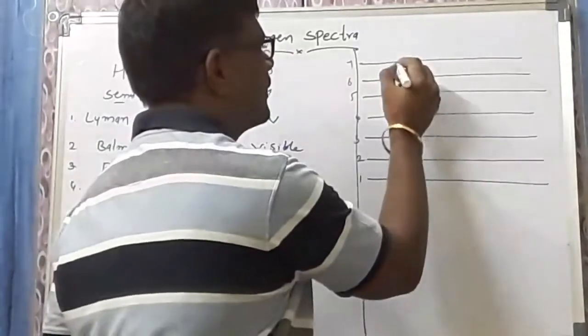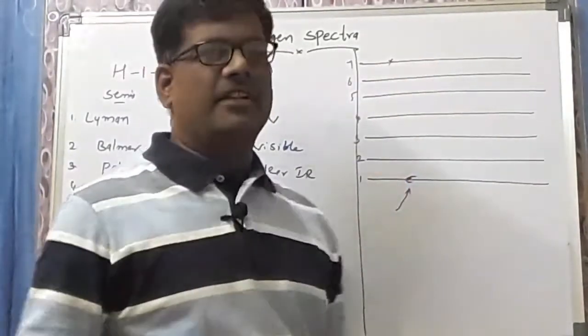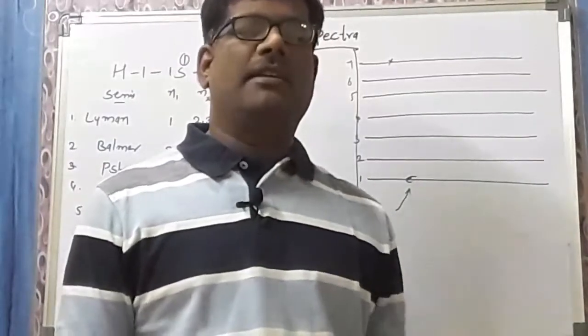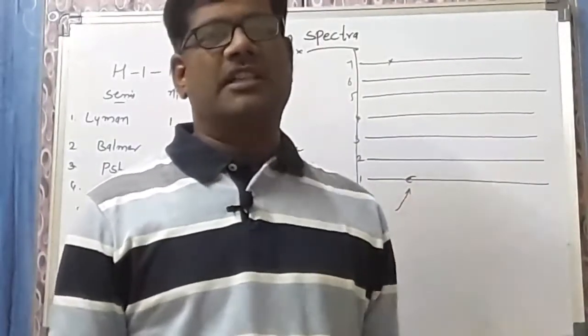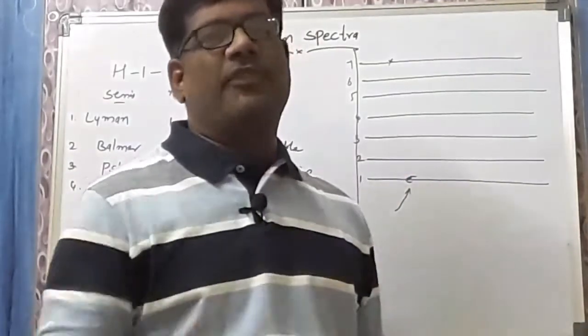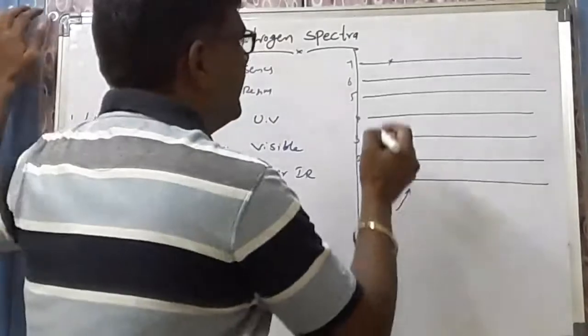Let us take that the electron is present in shell 7. A highly excited state will be unstable for the electron. That is why the electron emits energy and comes back to the ground state. It may come directly into the ground state or it may come stepwise. For example, look at here.